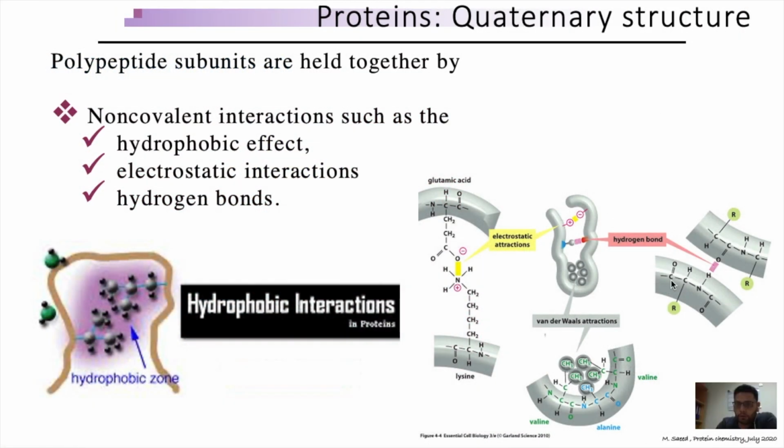As discussed in previous lectures, non-covalent interactions such as hydrophobic effects, electrostatic interactions, and hydrogen bonds play a very vital role in stabilizing the tertiary structure. The same forces are also important to stabilize the quaternary structure. As for the tertiary level of protein organization, hydrophobic effects are major forces in the interior of the protein. Similarly, when different interfaces of the subunit proteins join together, they give rise to hydrophobic pockets, and these hydrophobic pockets are again there to stabilize the quaternary level of protein structure.